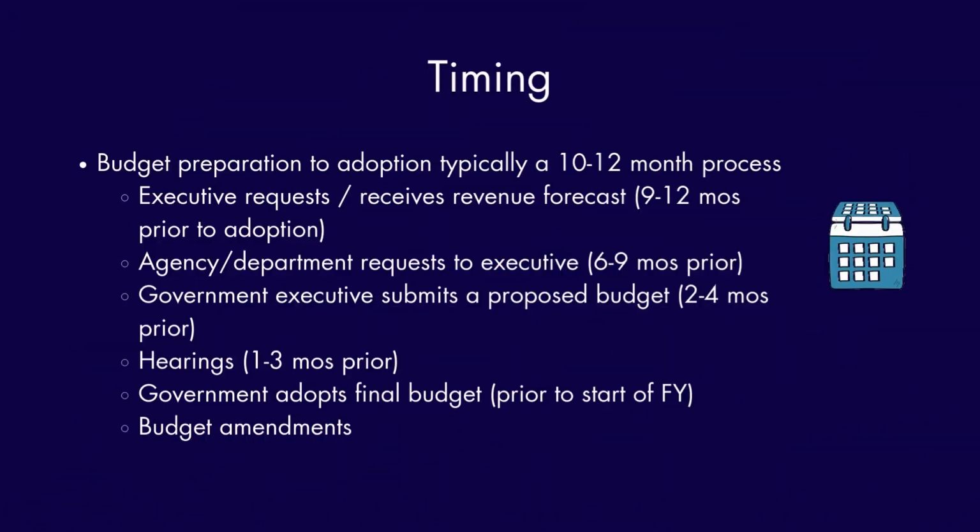Okay. So this is just at a very high level, what the different segments of the year look like and what actually happens as a budget is being developed. The first bullet here, budget preparation to adoption, typically takes 10 to 12 months. That said, cities' elected officials, one of their favorite activities I've often found are these council retreats or commission retreats where they'll go off site, they'll have a facilitator, and then they'll have whiteboards everywhere and facilitate their